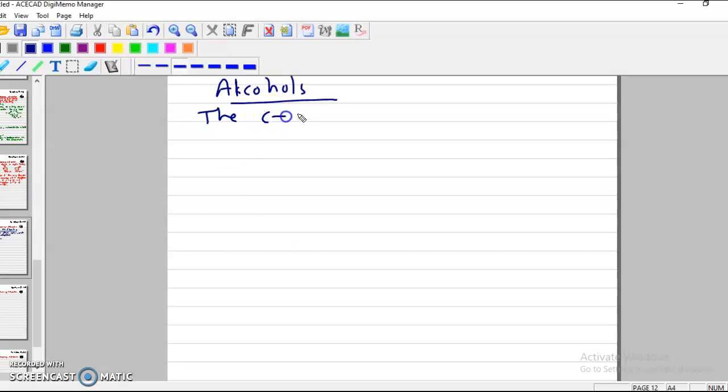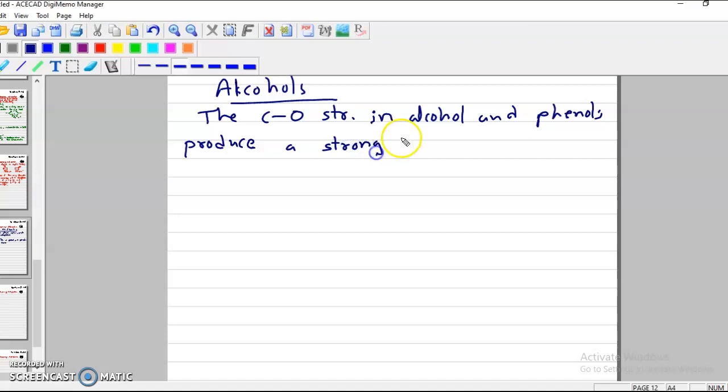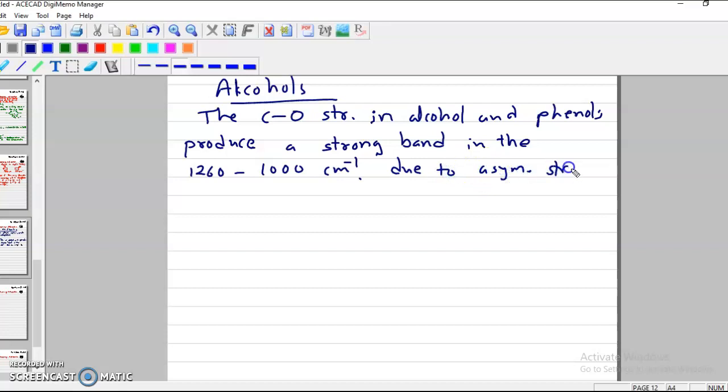The C–O stretching in alcohols and phenols produces a strong band in the 1260 to 1000 cm⁻¹ region, and that is due to asymmetric stretching. The C–O stretching is coupled with the adjacent C–C stretching